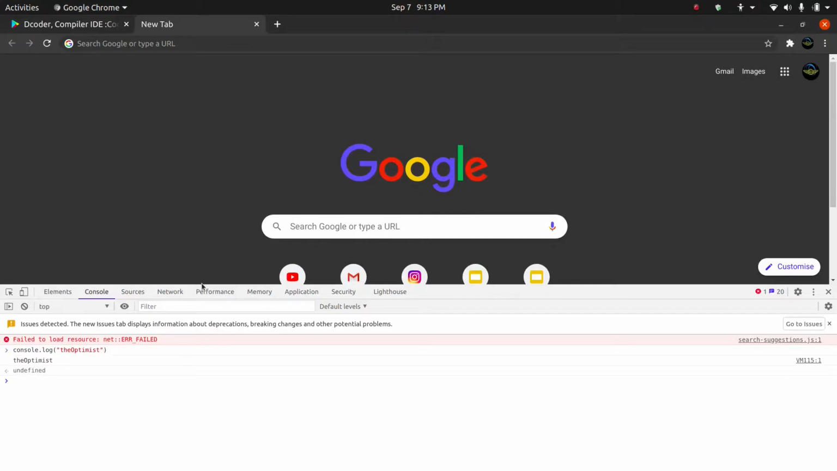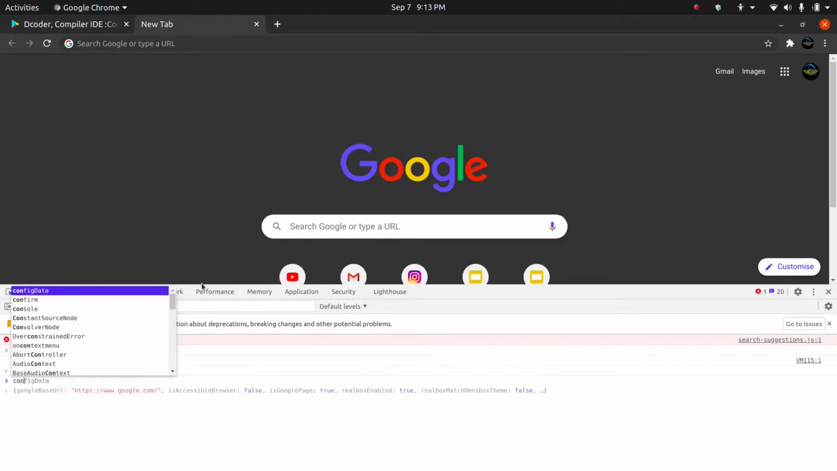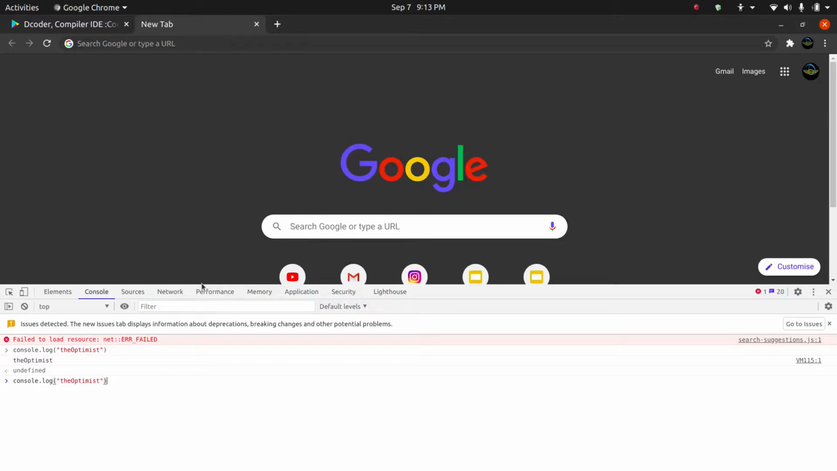Now, when I press enter, the code gets executed. To move on to the next line, instead of getting executed, we need to press Shift Enter. Console.log,